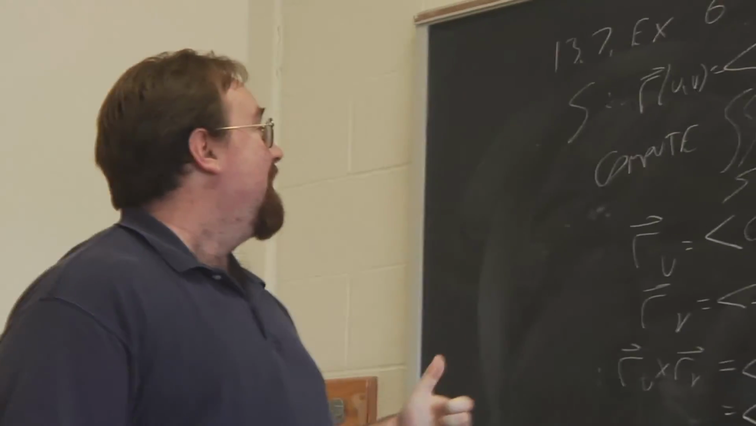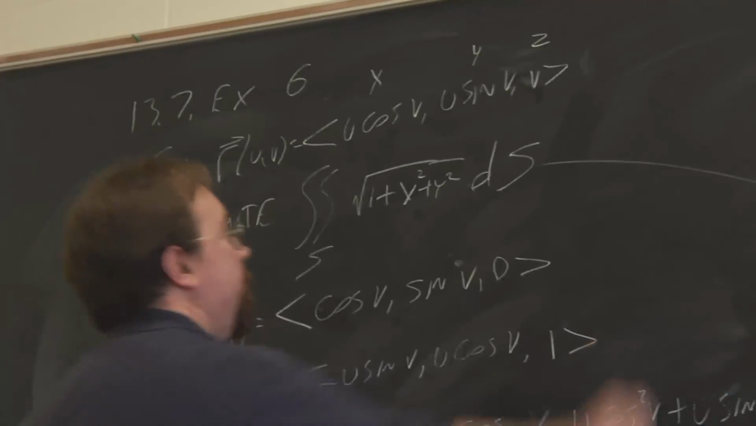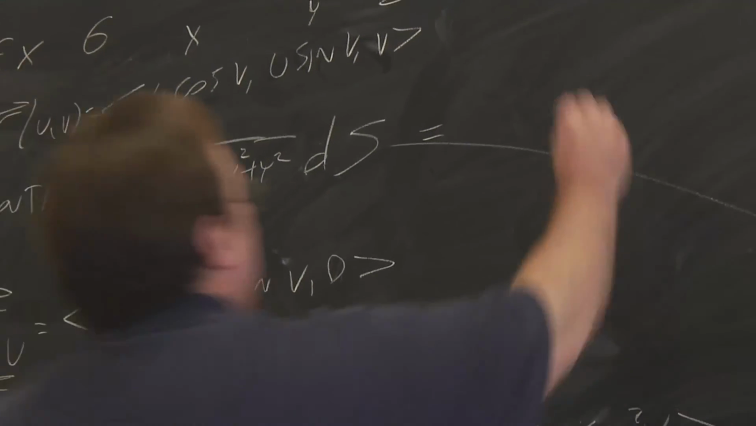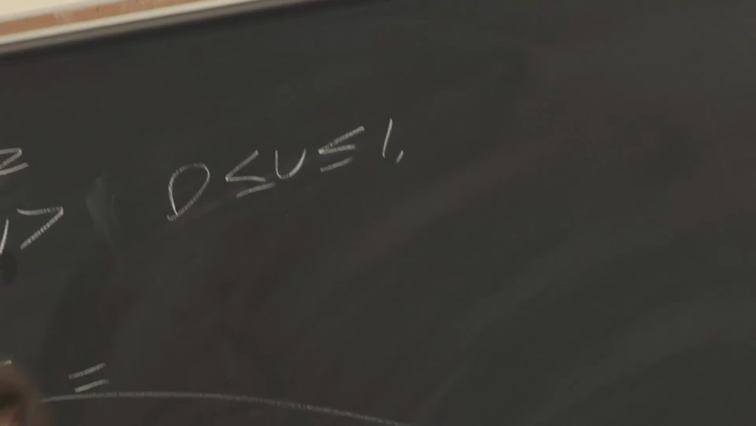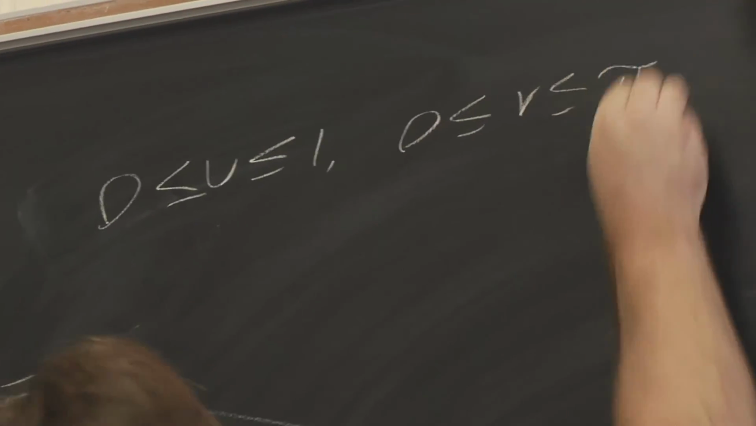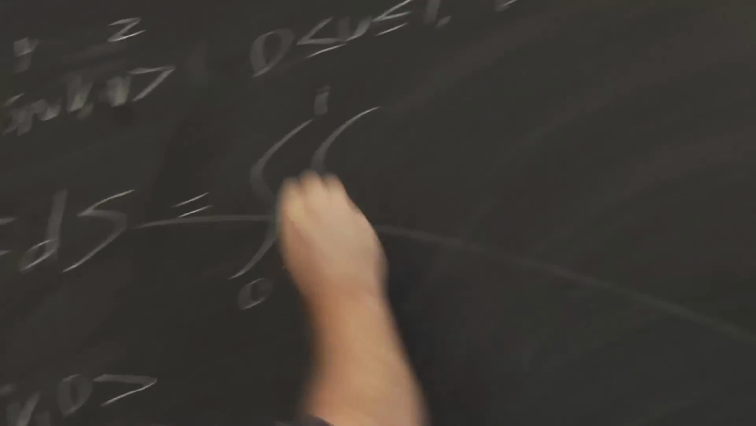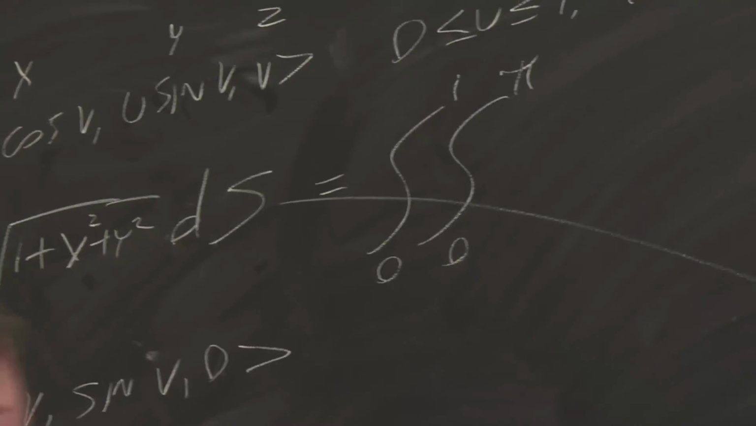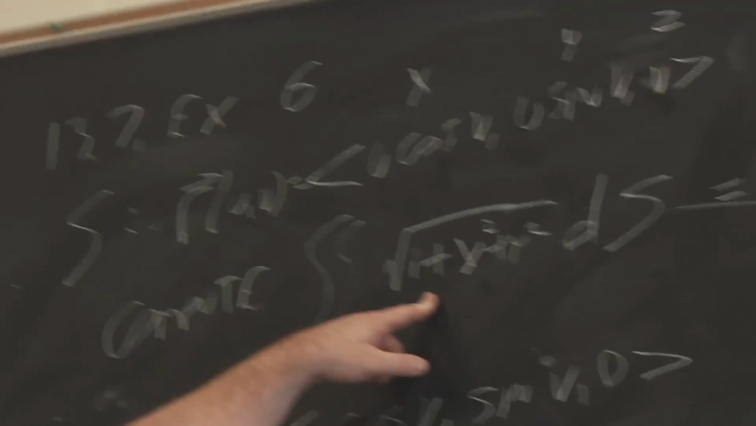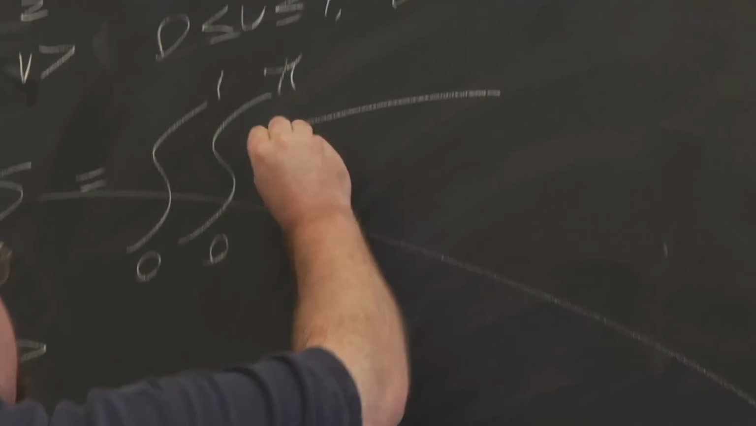Okay. So now we can write this whole integral in terms of u and v. Okay, I forgot to mention the bounds for u and v. U runs from 0 to 1, and v runs from 0 to pi. So now we're going to have the integral from 0 to 1 in u, 0 to pi in v. We'll fill in this function with u cosine v and u sine v substituted for x and y. So we're going to have square root of 1 plus